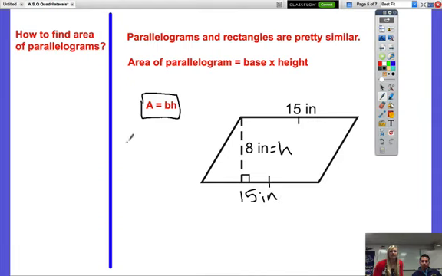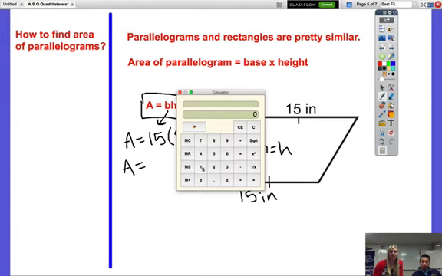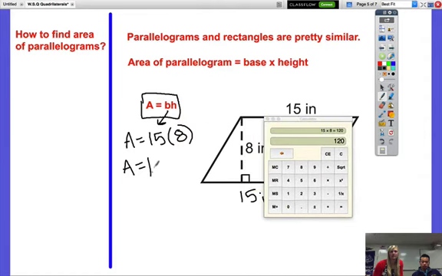So to find the area, I just plug in my information for base and height. So the base was 15 and the height is 8. So then I can actually multiply that out and do 15 times 8 equals 120. So then my answer is going to be 120